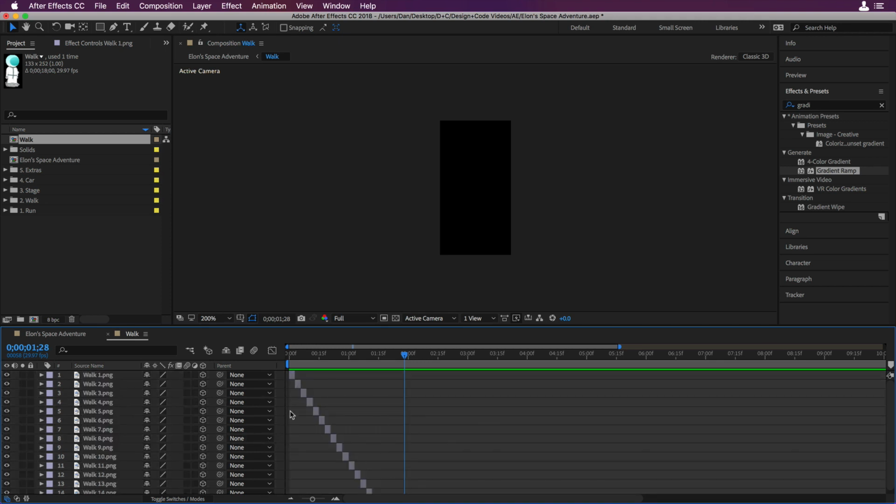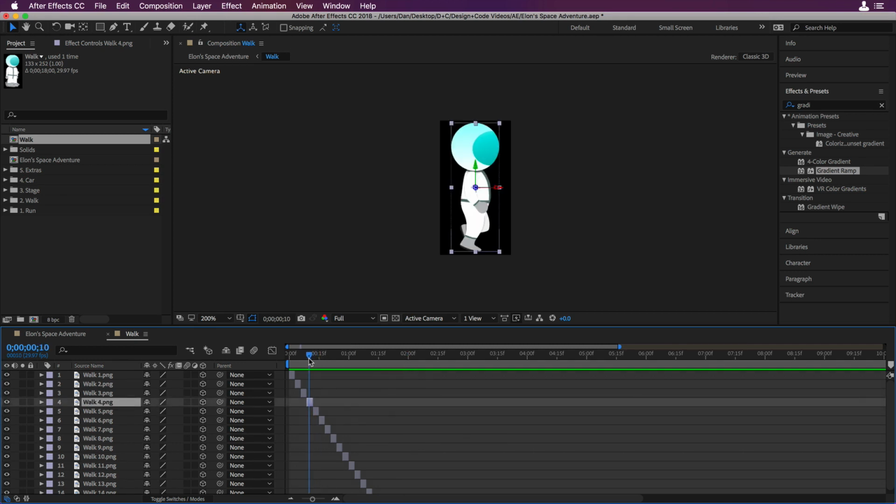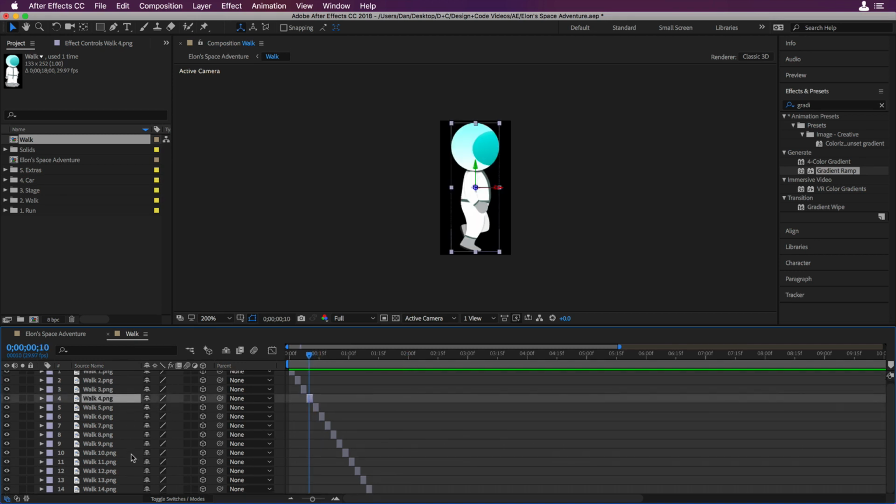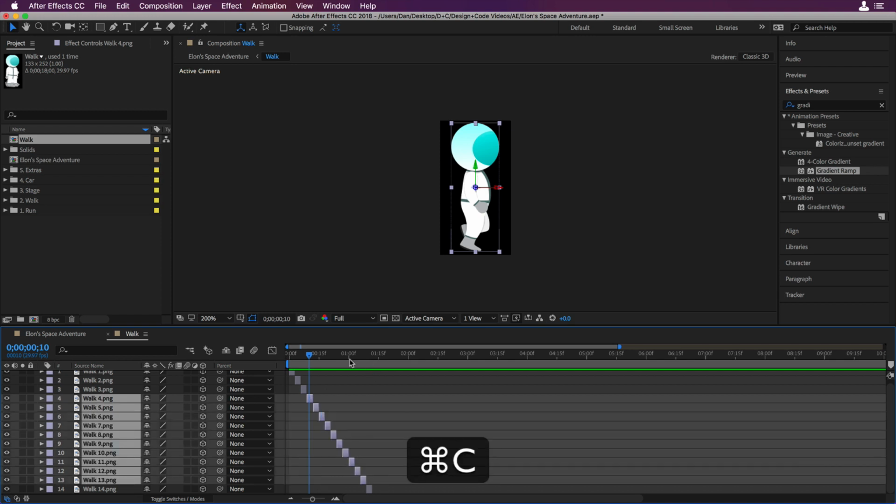So we need to copy some of the layers. For example, if you go to walk number 4, you will see that it is subsequent to walk number 13. So if you want to have a longer animation, maybe we can copy from walk number 4 to 13 2 times more. I will select walk number 4 until walk number 13